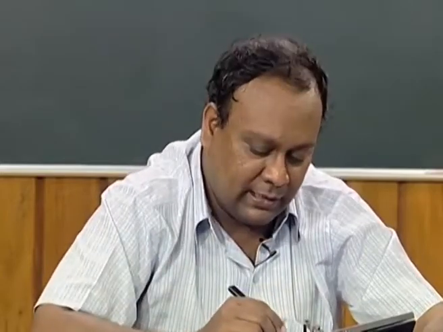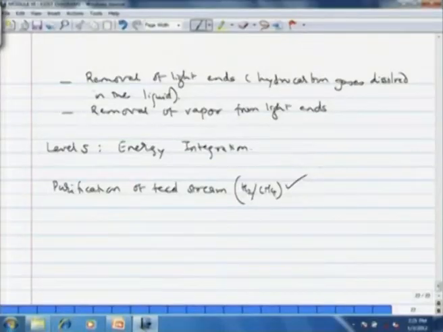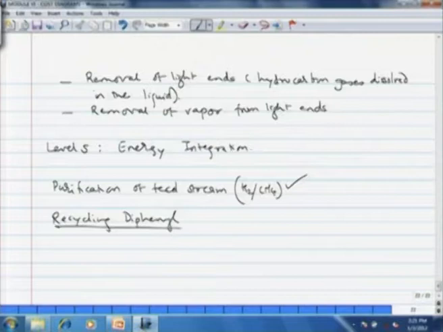So as far as the purification of feed stream is concerned, we can find just by inspection that it is not worth doing so, because methane is also present as the reaction product in the process. Now the next decision would be that of recycling of diphenyl. This decision is likely to have high impact because it will reduce the quantity of toluene that is lost in the form of diphenyl.